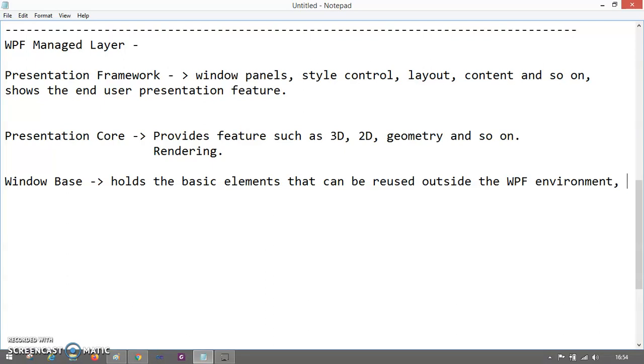So it holds the basic element that we can use apart from WPF. If you want to work the same element for Windows Forms, you can use it. That is the WindowsBase. Okay, such as you can use something called a dispatcher